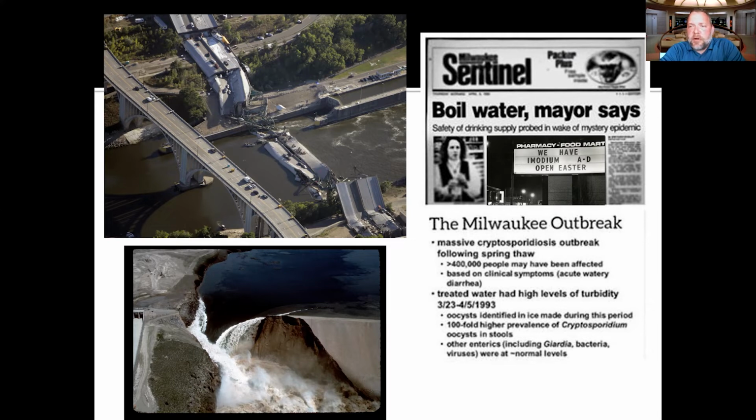And then, getting closer to home for environmental engineers, you can see on the right side here is the cryptosporidium outbreak that happened in Milwaukee. And that was just in the 1990s. I was born in the 80s, and so 1993 doesn't seem like that long ago to me. I guess it is longer ago than I care to remember. But this cryptosporidium outbreak affected 400,000 people, roughly half of the population of Milwaukee at the time, because they were supplied by 2 different water systems. And it was completely preventable.